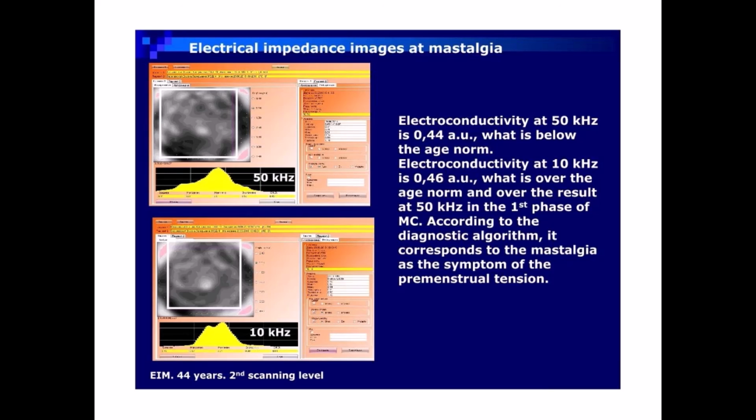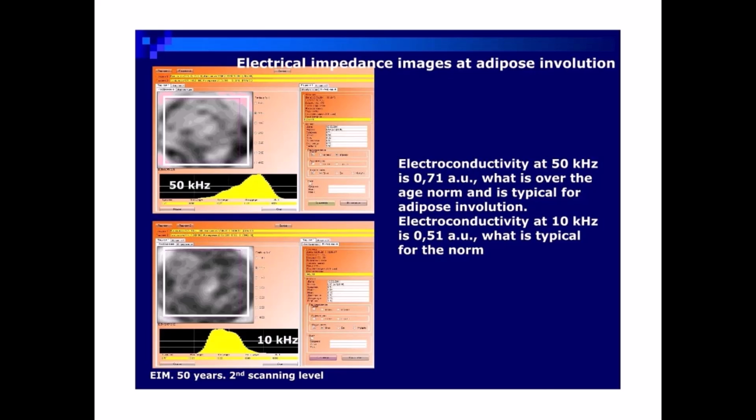Second scanning level. Electrical impedance images at adipose involution. Electroconductivity at 50 kHz is 0.71 AU, which is over the age norm and is typical for adipose involution. Electroconductivity at 10 kHz is 0.51 AU, which is typical for the norm,